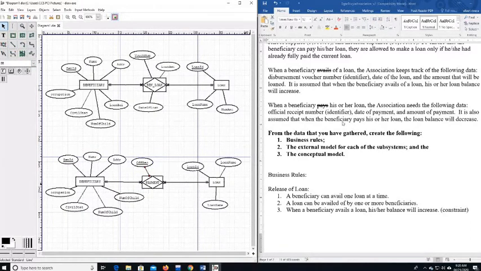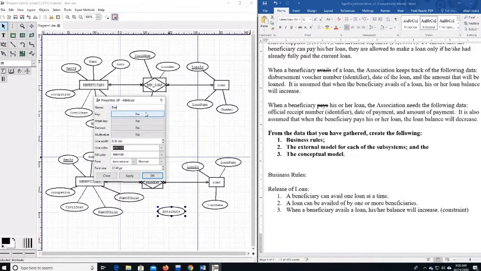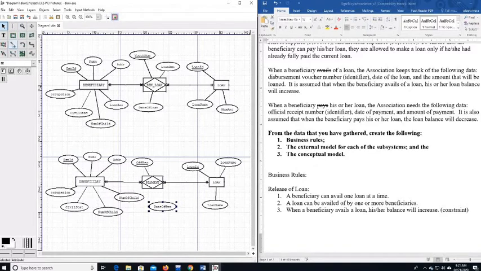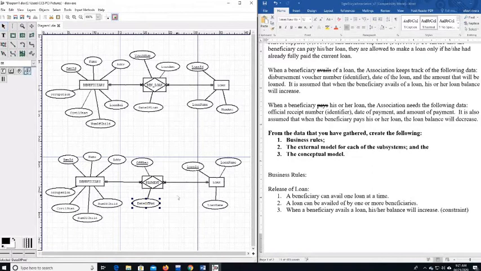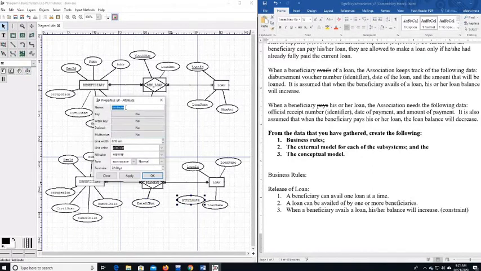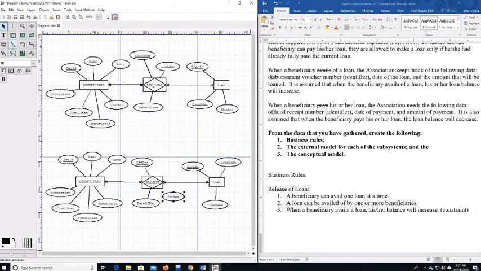And then we have date of payment, and then amount. Okay, so that completes the two